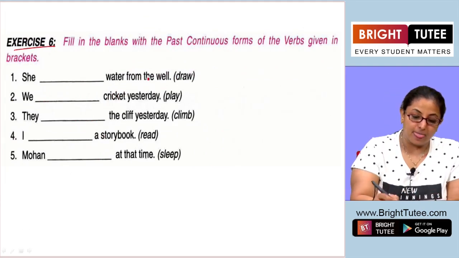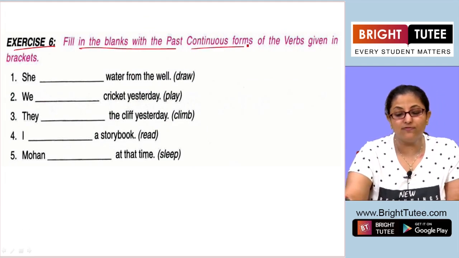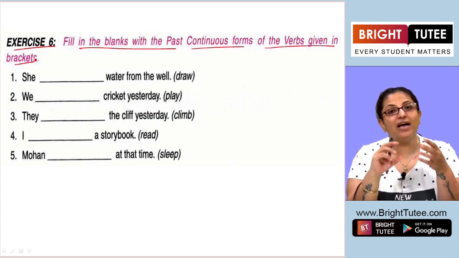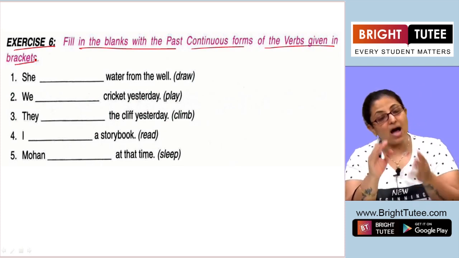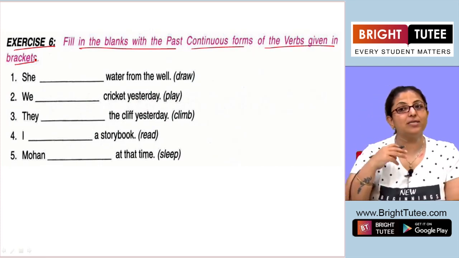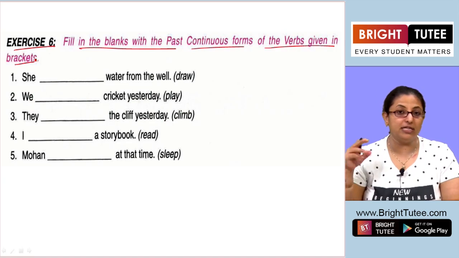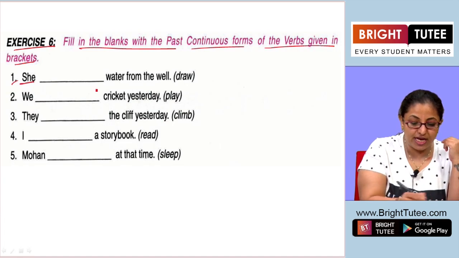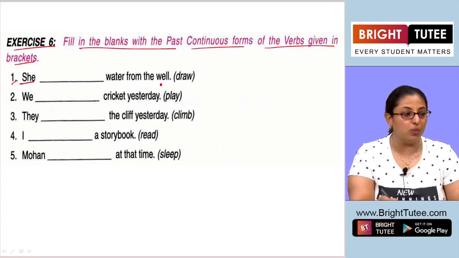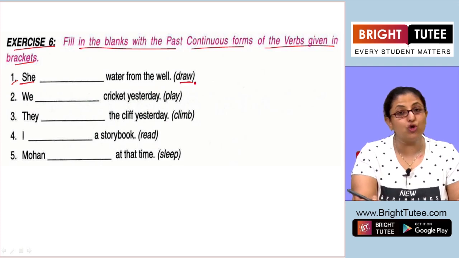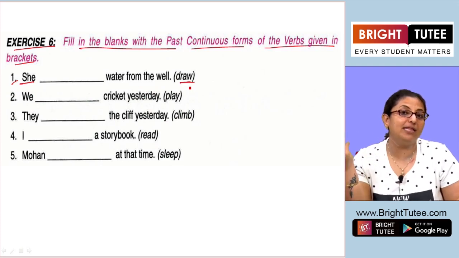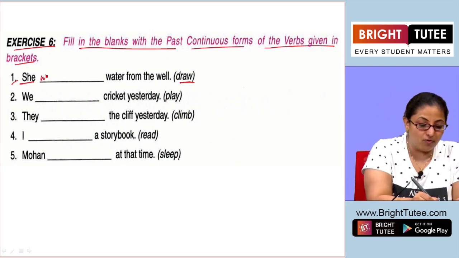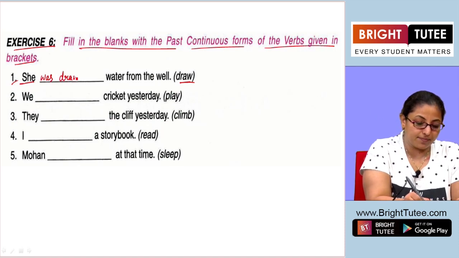Exercise number 6. Fill in the blanks with the past continuous forms of the verbs given in the brackets. Now in this exercise we have to change the verb form into past continuous. The action which is in a continuous pattern in the past, which was happening in the past. So first one is she dash water from the well. She, and the verb is draw. The action was happening in the past. So she is the third person. So she was drawing